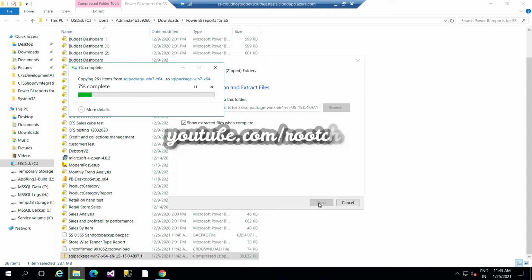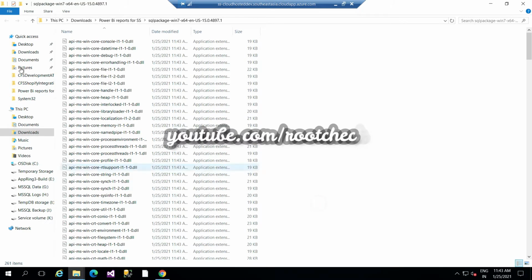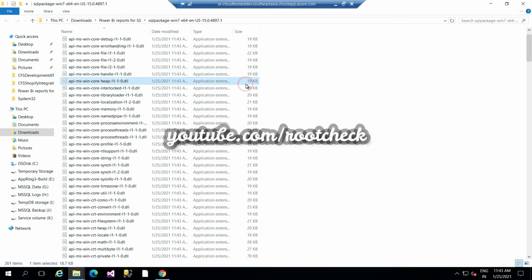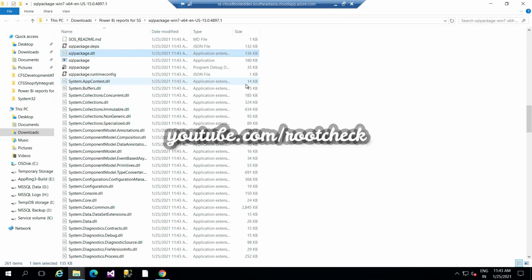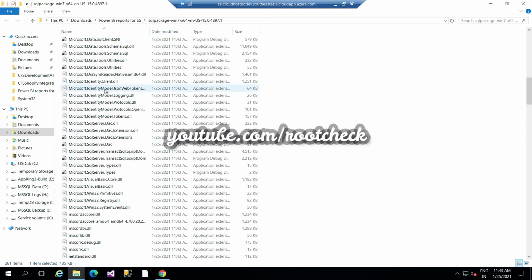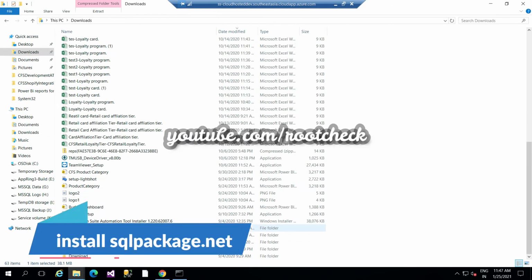So here I am extracting the database file and the SqlPackage file here, and after extracting these files, just go into that location and run SqlPackage.exe from the command prompt. I will show you how to do that also. So let's execute that SqlPackage command in the command prompt. You can see that the SqlPackage execution file is over there. So just open the command prompt for the same location.